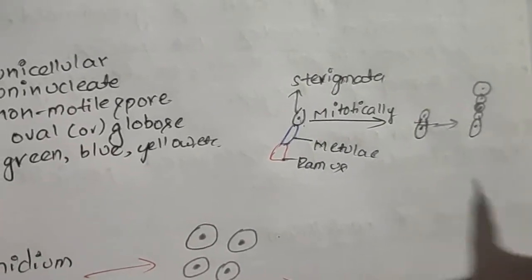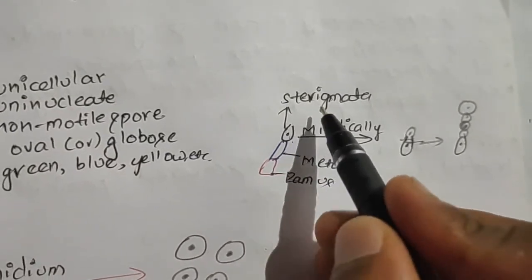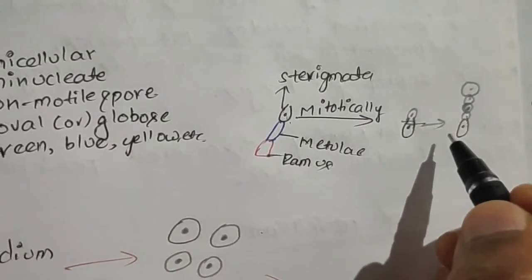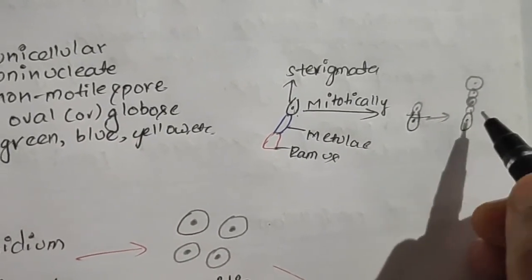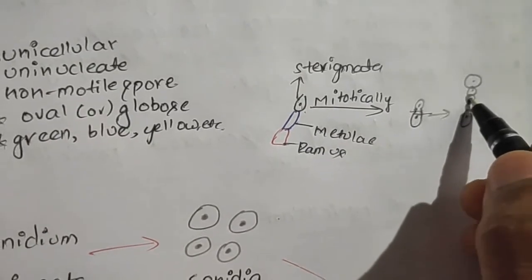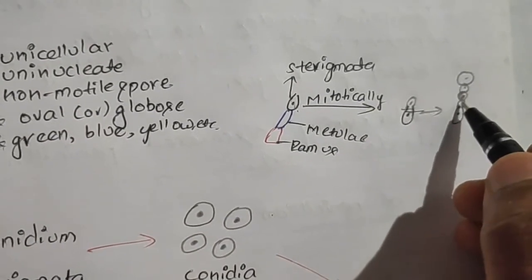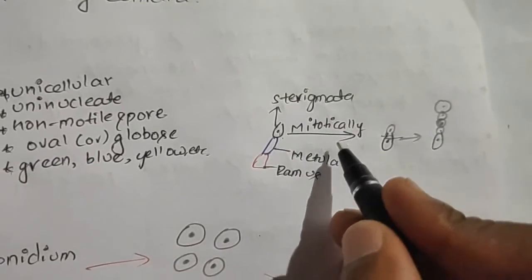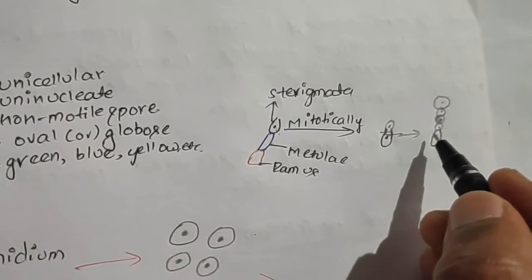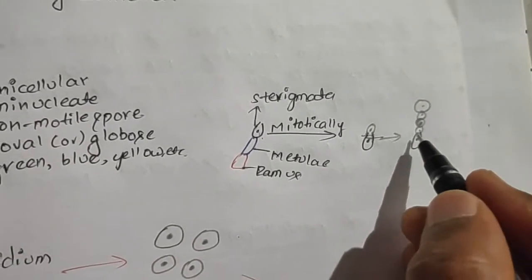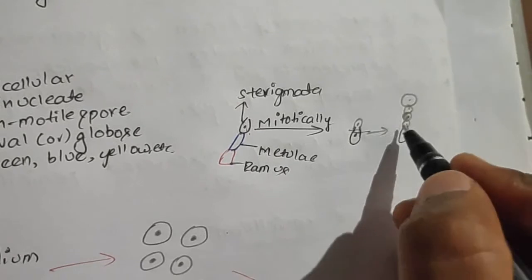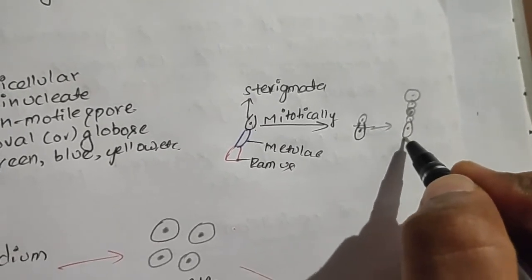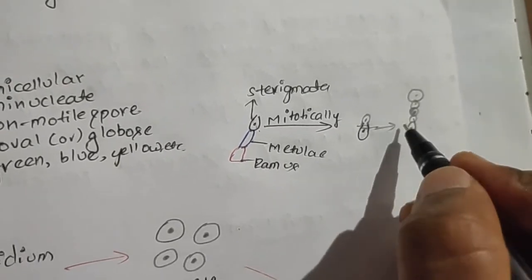uninucleated conidium is formed. The tip of the sterigmata swells up again. Following the same procedure, the second conidium is formed, which pushes the first conidium towards the outer side, away from the sterigmata. This process repeats several times, forming a chain of conidia. In this chain, the first formed conidium is present away from the sterigmata, and the later formed is present towards the sterigmata. This type of arrangement is known as